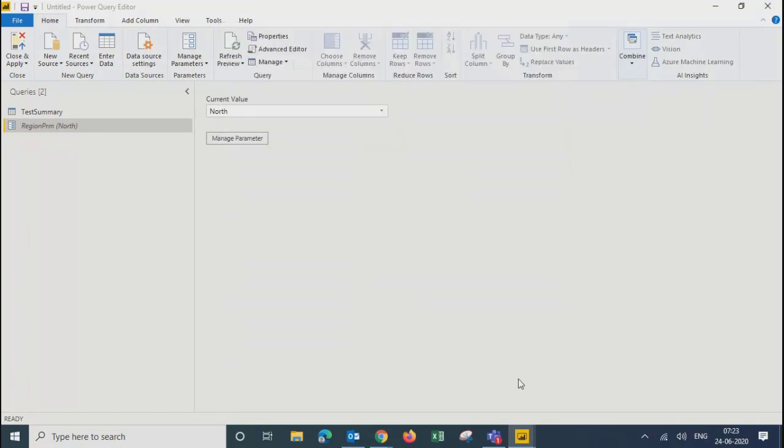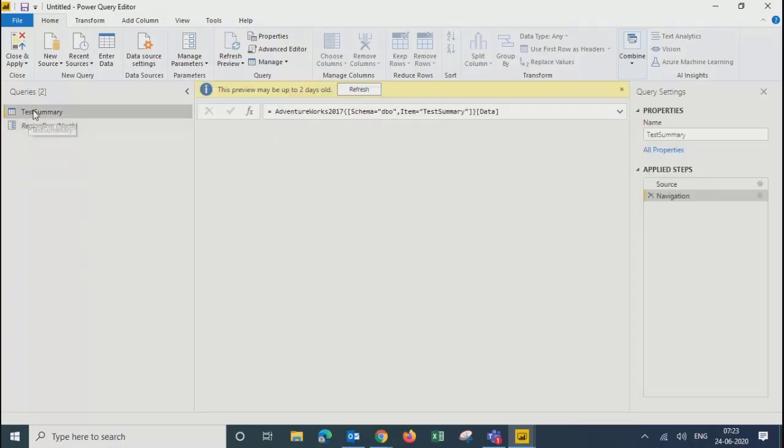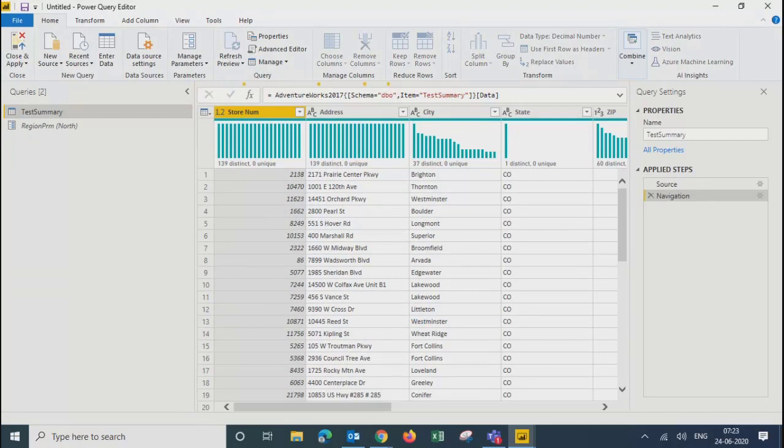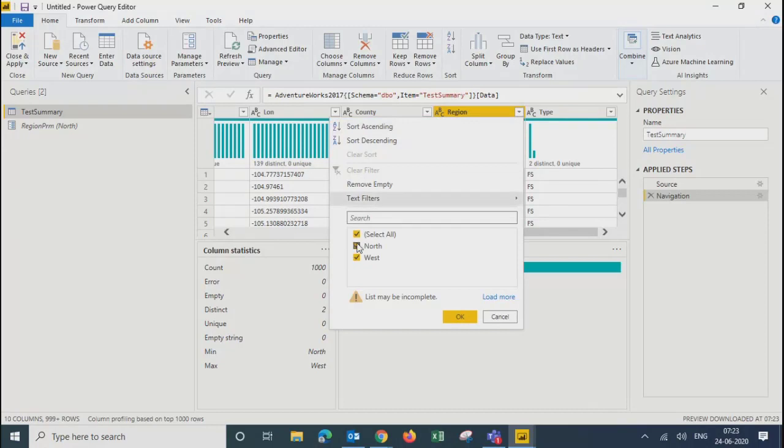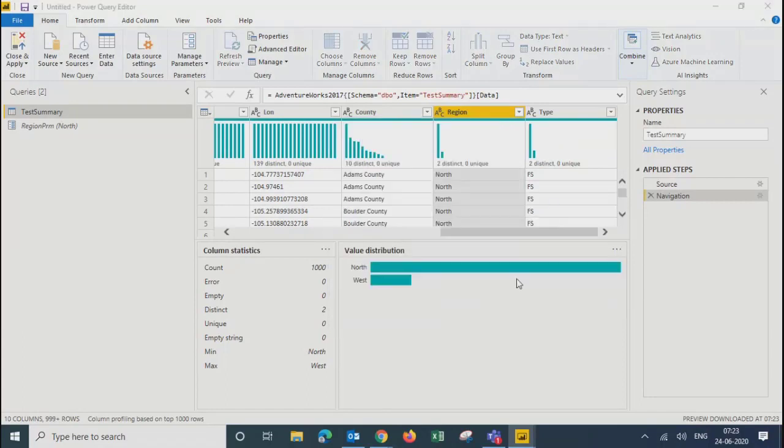All right, so the parameter is ready, but it is not linked with our data. I need to link this with our data so that I can filter out the required records, right? For that, I'll go to my test summary, and because I selected it on region, I'll go to region, and then over here I'll apply the filter, right? So these are the values. I'll say apply filter, and we'll say maybe equals to,